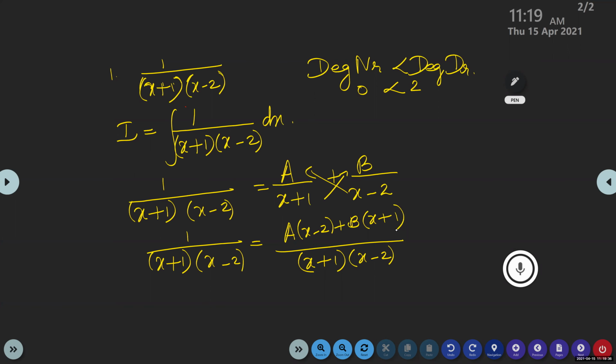It is a into x minus 2 plus b into x plus 1. Is it okay, Aditya? Up to this, is it okay, Aishwarya? Yes, ma'am. So the next step, the denominator is same. We can cancel. So we will get 1 is equal to